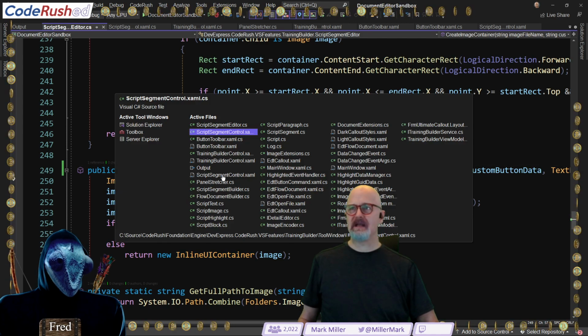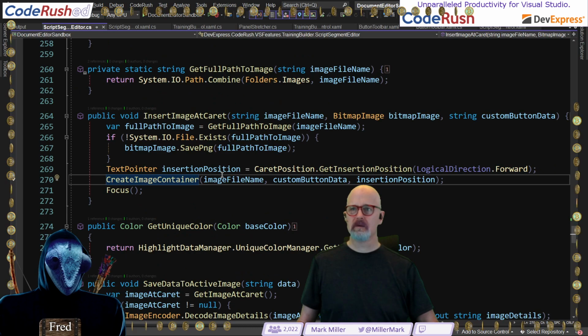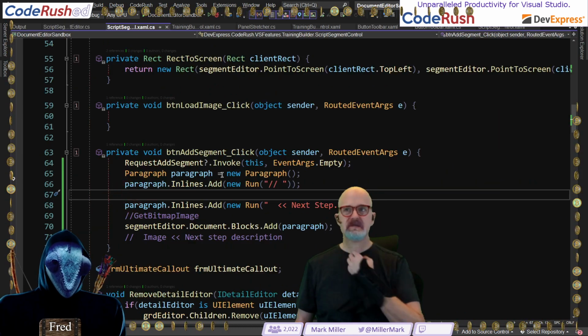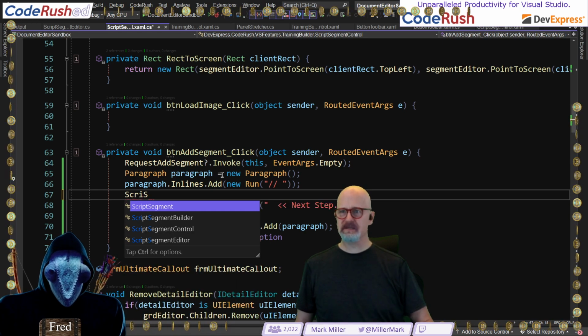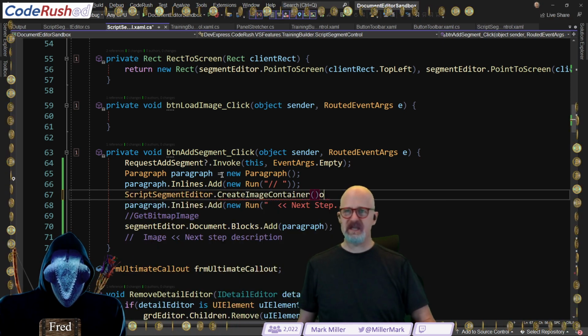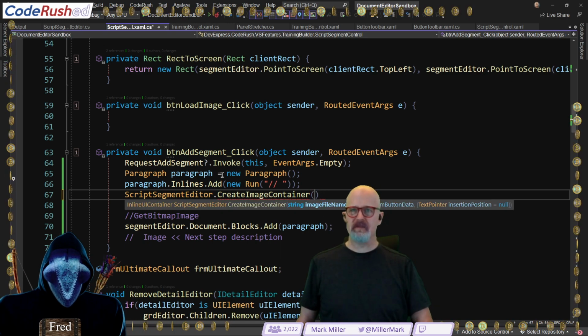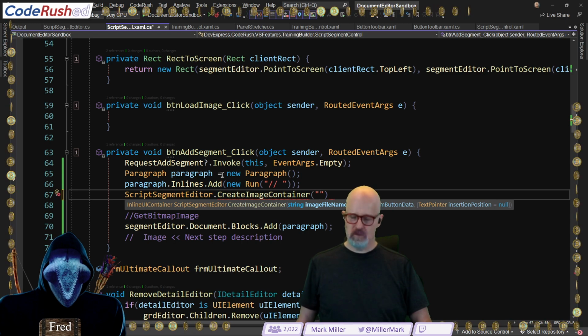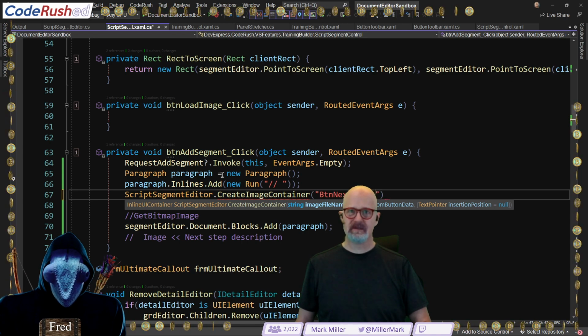So now we've got script segment editor. Let's go back to where we were, adding the paragraphs. So script segment editor dot create image container. And we need the image file name, which is going to be, I think, we'll edit this, but I think it's button next step dot png.